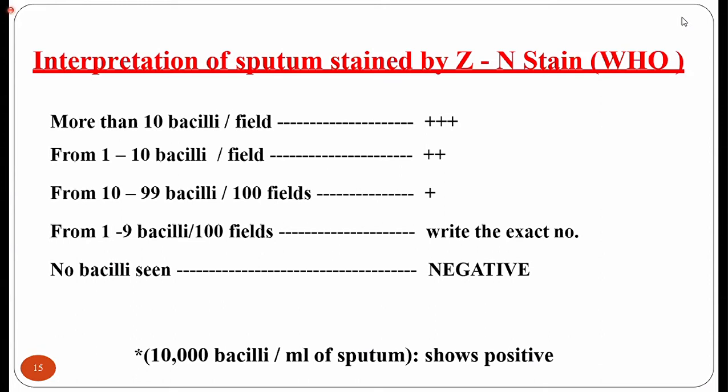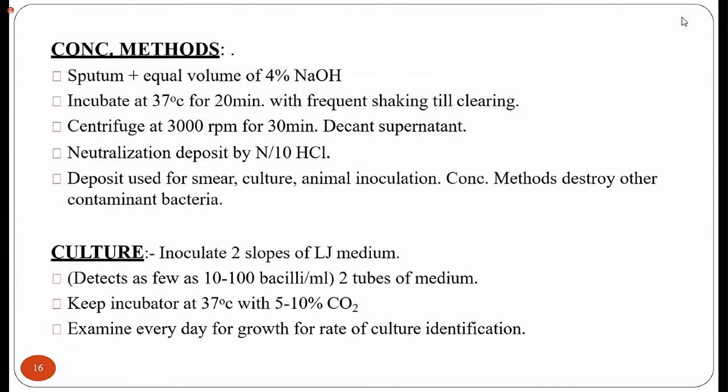We look to the number, how to interpret the sputum. If you stain for TB, you don't have to memorize that because this is more of a lab issue. But at least for your information, if we see more than 10 bacilli per field, we put 3 plus or 2 plus or 1 plus in relation to the number of bacilli in the sputum itself. And it is very clear and very accurate if you want to diagnose TB.